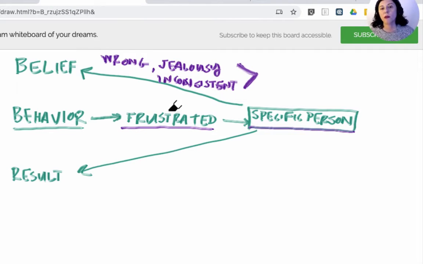So the example in the case of being frustrated and my belief that they are, let's say, inconsistent, because I've interacted with them a couple of times, and every time I request something, they do not deliver. So instead of getting frustrated and globalizing, which is when you put your perception or your declaration over everything, in this case the total person,